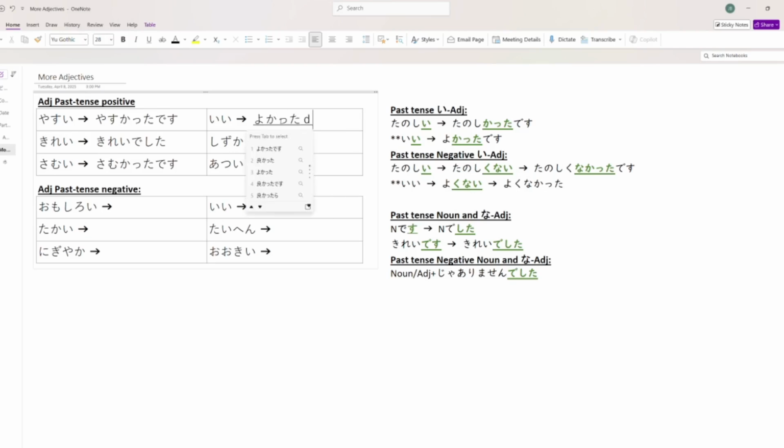はい。よかったです。Okay. 静か。Shizuka is an adjective, correct? Okay. So this is going to be Shizuka deshita? Yep. 静かでした。正解です。